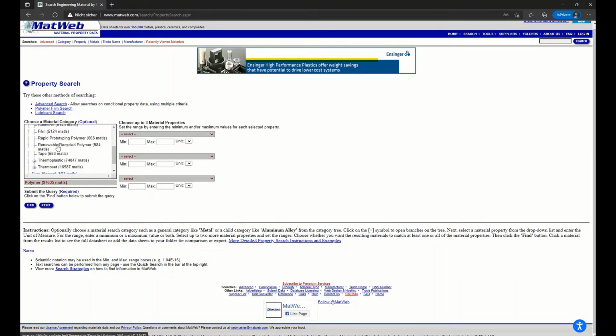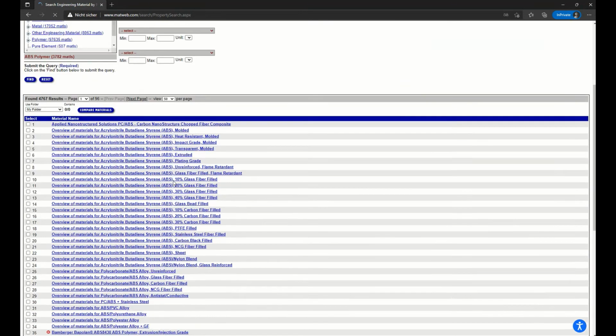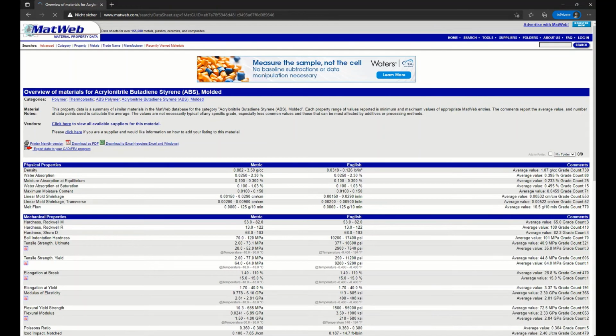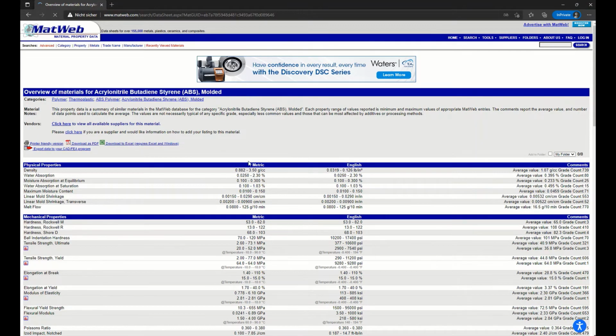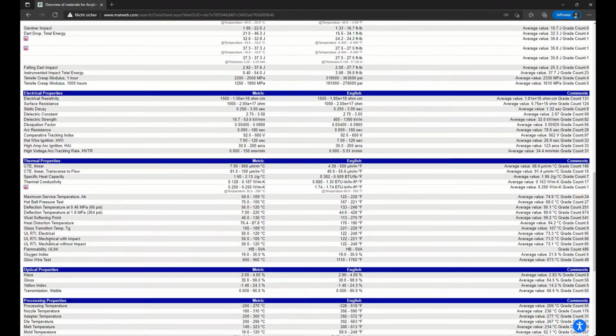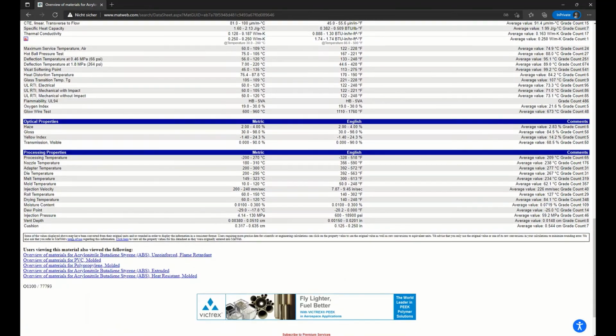Then it opens again, and here we have thermoplastics, for example. And here again we have our ABS. We can select and then find. And you can see all kinds of data. So when we just want an overview, the first is a standard overview for injection molded ABS parts, materials. And here you see the physical properties, mechanical properties, electrical properties, thermal, optical, processing, and